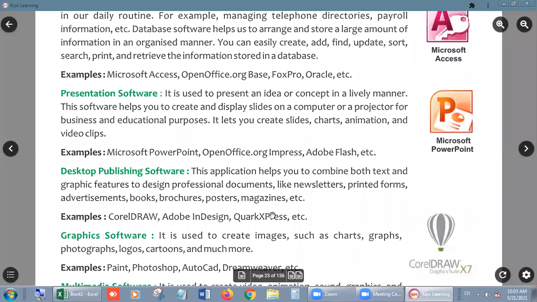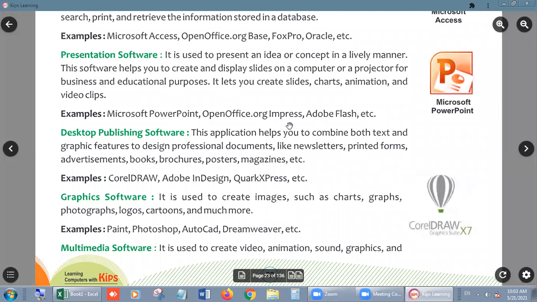So I am stopping my lecture here because, okay, let's end it. Desktop publishing software. Look, students, your book is printing, your cards are printing, visiting cards are printing, calendars are printing, your register copies are printing. All printing work is performed with the help of desktop publishing software. और इसके एग्जाम्पल क्या क्या हैं? Corel Draw, Adobe InDesign, Quark Express, one more is there, that is PageMaker, right? तो ये सब सॉफ्टवेयर्स हैं जो आपके डेस्कटॉप पब्लिशिंग के काम में आते हैं, राइट?